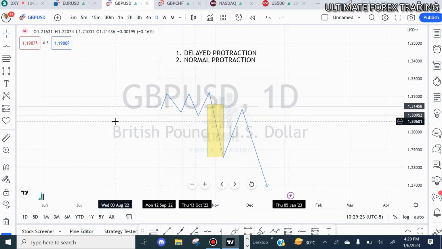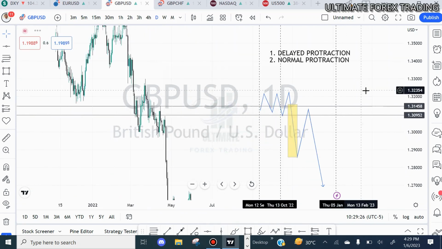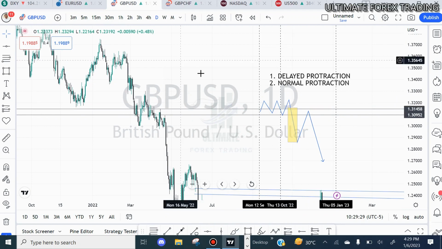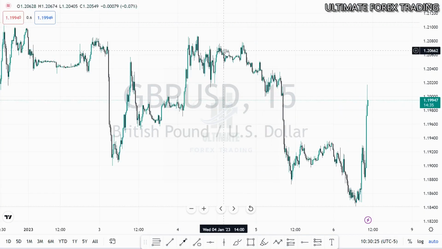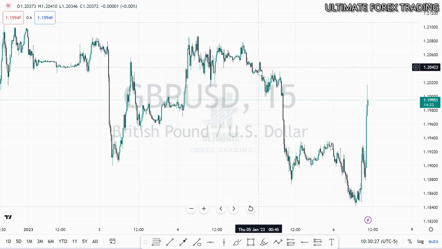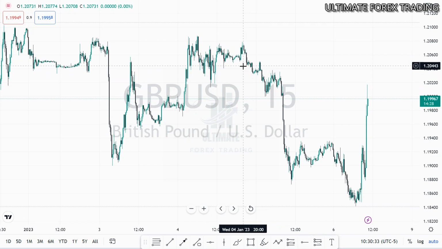Right, guys, I hope all this has helped a lot, and I hope you are able to understand the difference between London normal protraction and delayed protraction, where I will really give an example of this protraction, right? So here in GBPUSD, from this is 8 p.m. New York time here, and we've seen price